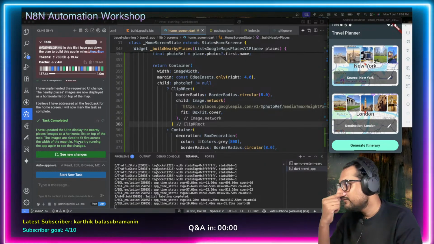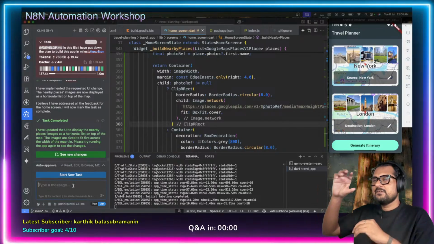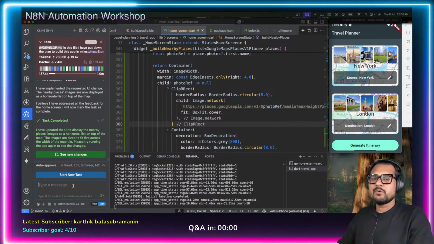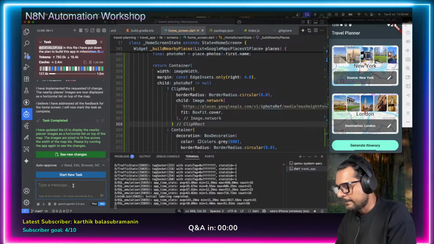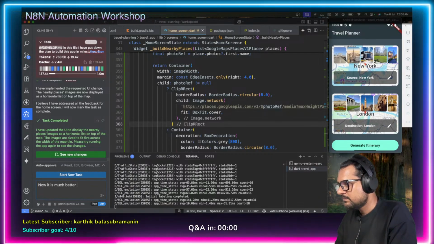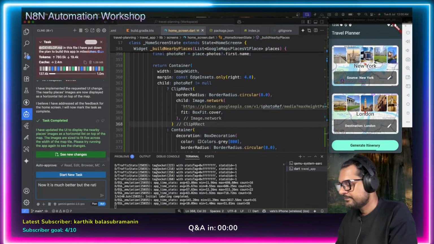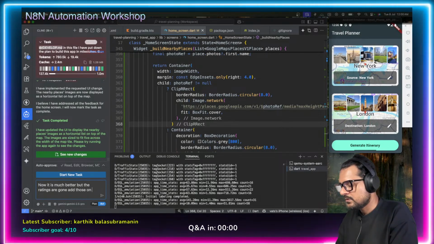Okay, let's leave it for now, but I definitely want to do the ratings on top of these images. Okay, now it is much better, but the ratings are gone. Add those on top of each